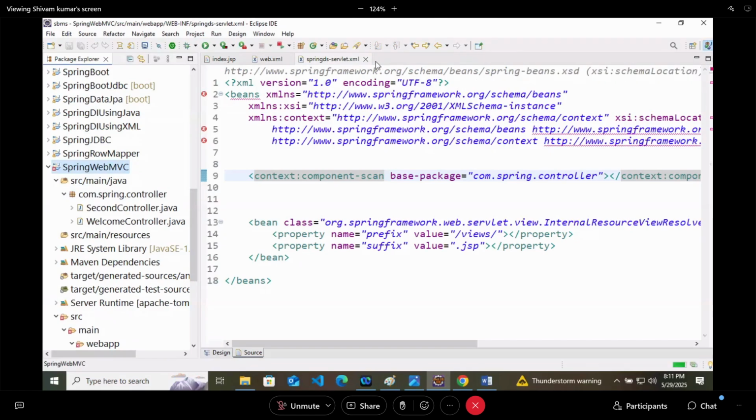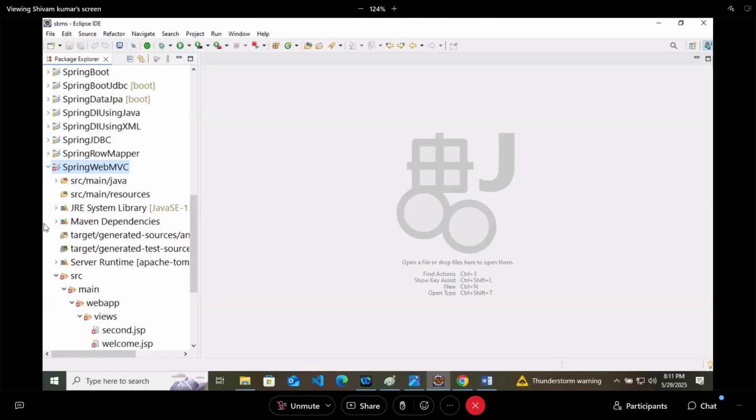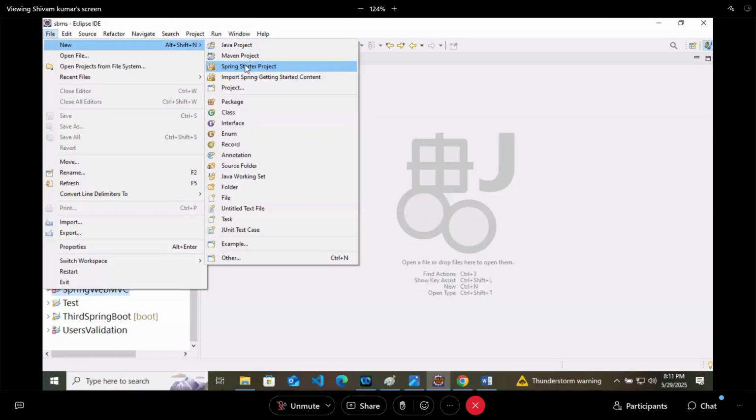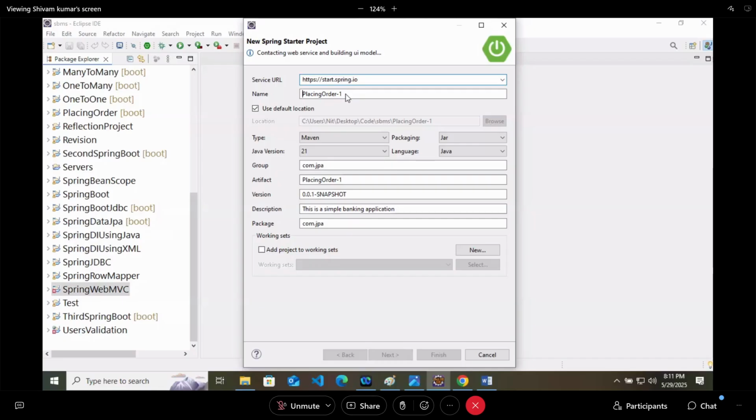So at first we'll create a new Spring project for it, and the project name we will keep as Spring Boot Web MVC. Group ID as com.jpa, package as com.jpa, and next. I will add the dependency of Spring Web, and Lombok is not required here.